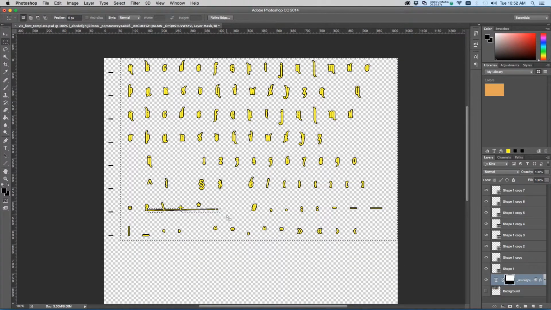It's not perfect, but if you zoom in, you can get more finite details in there. And then if I hit the mask